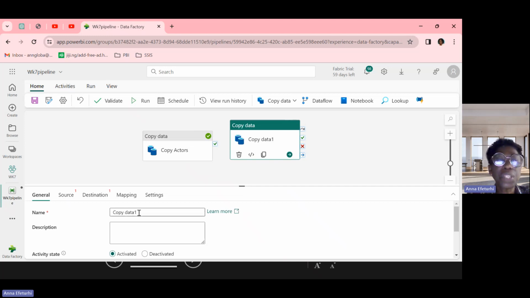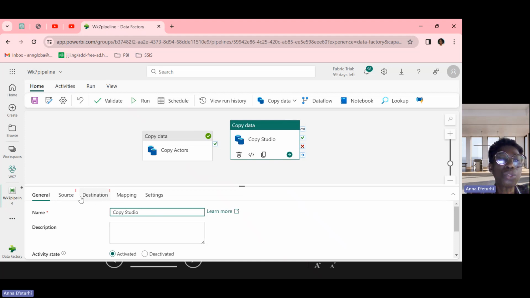It has helped us to provide a name, but like I said, we need to give it a more descriptive name. So let's assume we want to copy another data. Let's say it is studio that we want to copy. So this one